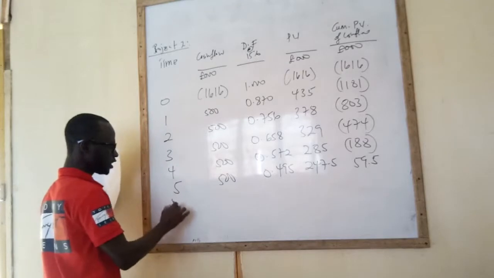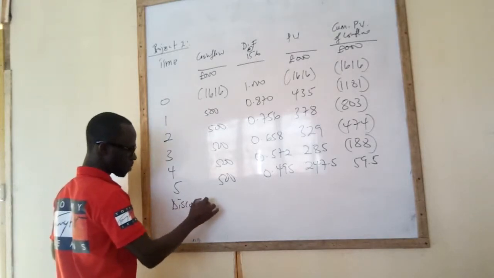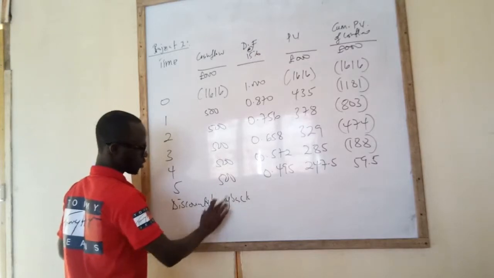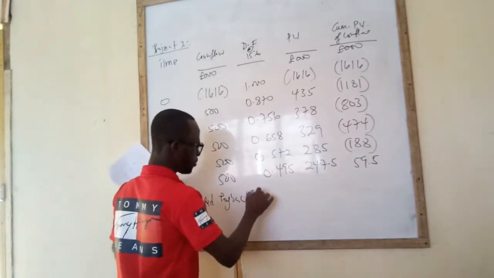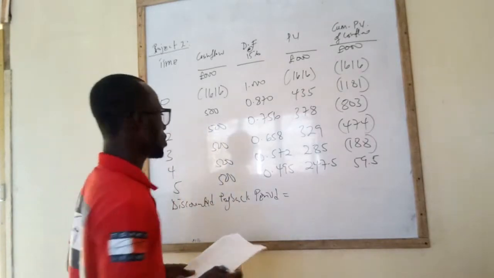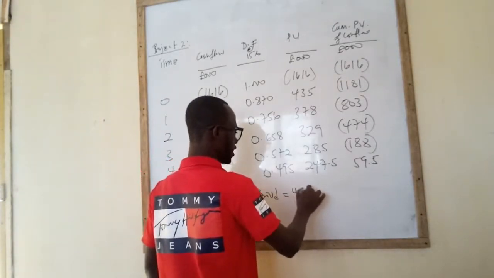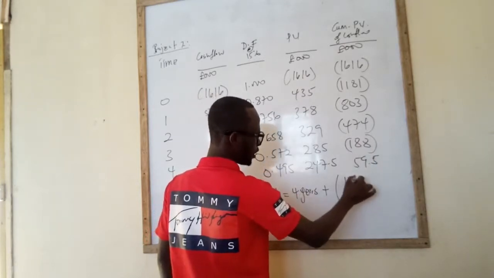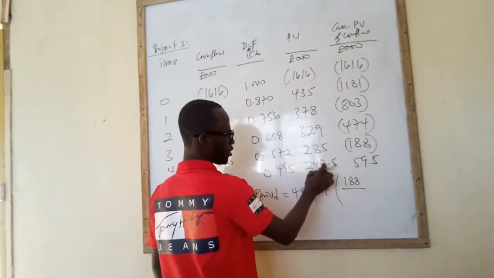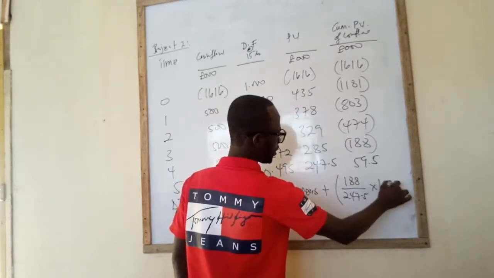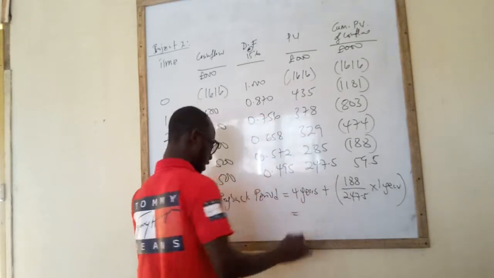So discounted payback period. It's going to be the 4 years where we were at, plus how much was left, 188 over how much came in, 247.5 times 1 year, and that gives us